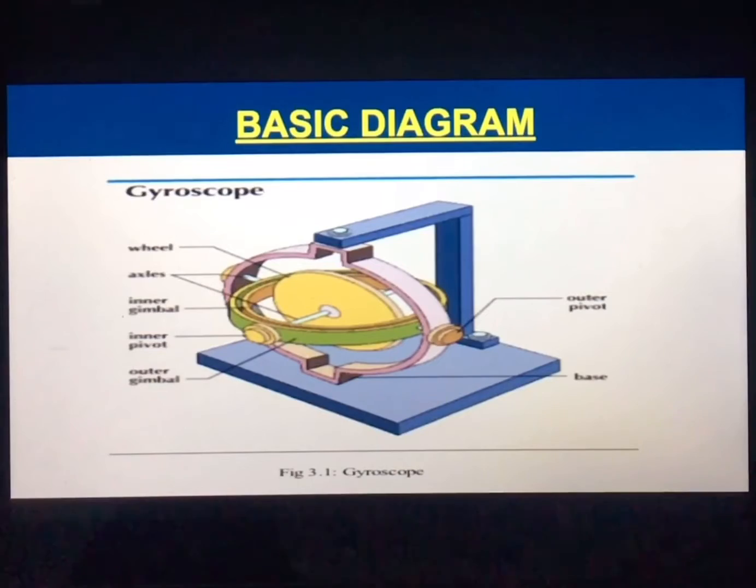So when we use the gyroscope in a gyro compass, since this is a diagram of a gyroscope and the same gyroscope is installed in a gyro compass, the axis of the wheel, that is the x-axis, which is rotating at a very high RPM, is calibrated and made parallel to the axis of the spin of the Earth. Because of the phenomena of rigidity and precession, the gyroscope always indicates true north. We'll be discussing more about the properties, the phenomena of rigidity and precession, in a later slide with the aid of a video.